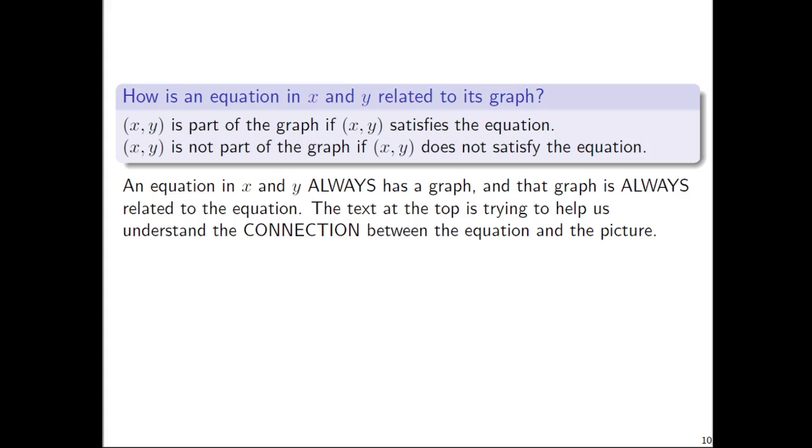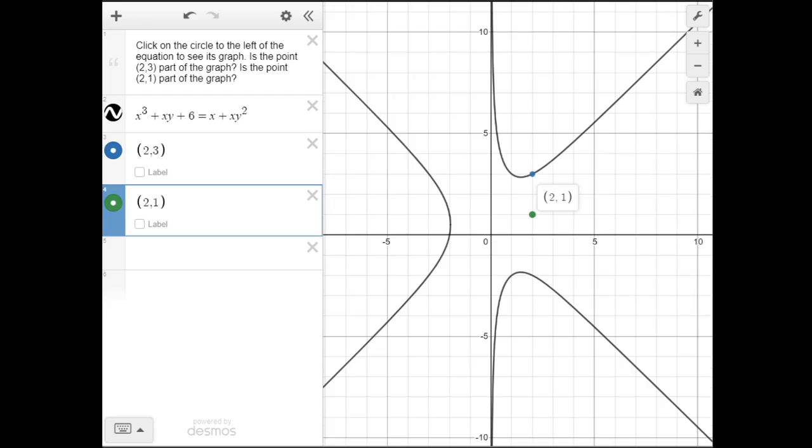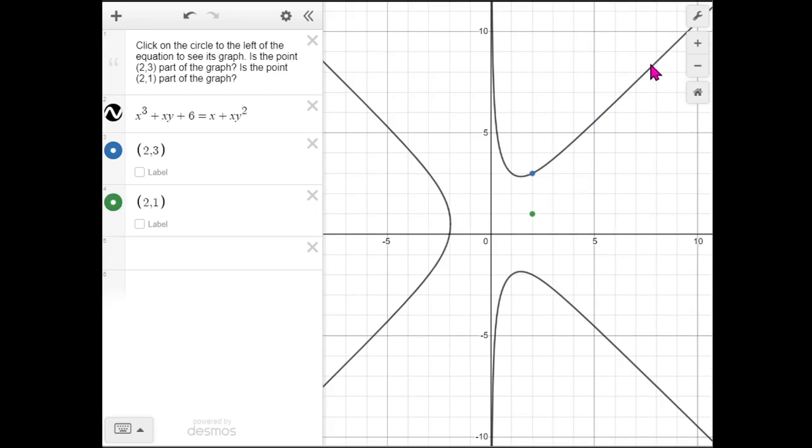We're just trying to now talk about the individual pieces of the graph, which are points. We're just trying to ask, how do we know what points belong to the graph and how do we know which ones don't? It's just a matter of trying to draw in all of the times that the equation is satisfied. Again, going back to, say, the last example here, or maybe the example before,